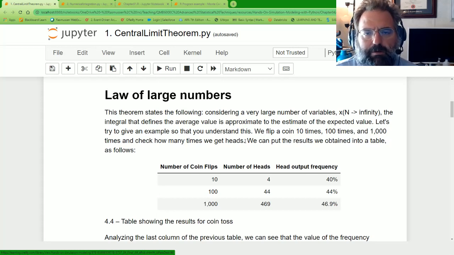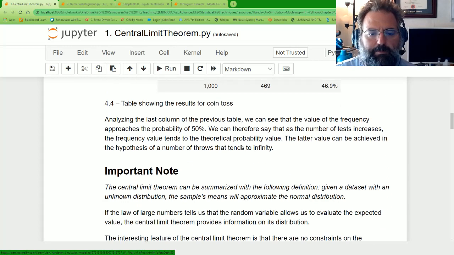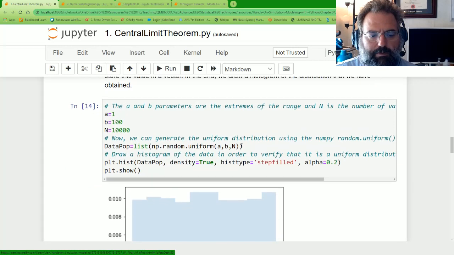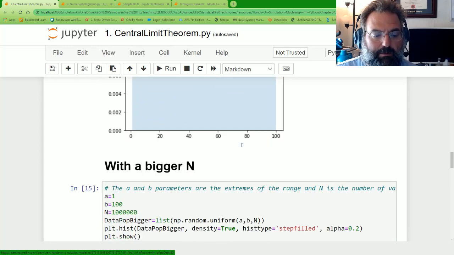Probably if you do it 1,000,000 times, you'll be close enough that it won't matter. That's one of the key concepts: generally speaking, the more that you roll those dice, the better you're going to determine the actual values. We'll skim through some of this, but this is basically a way of showing that idea of taking something that is to be a normal distribution, and looking at it over